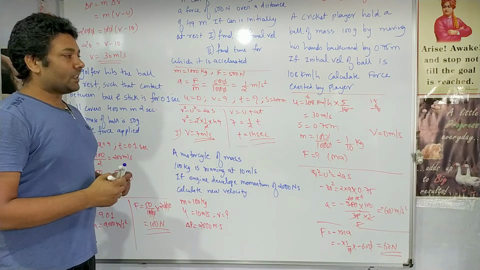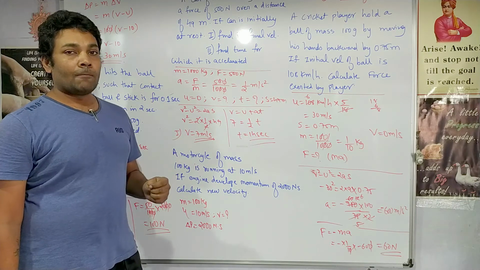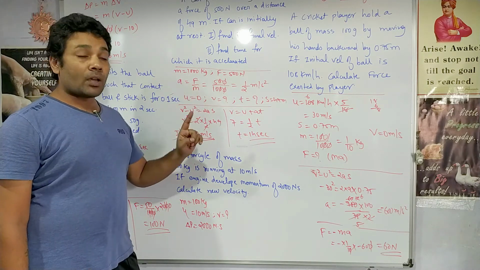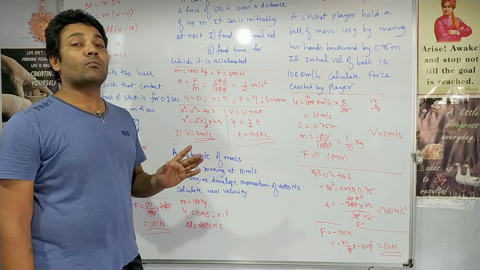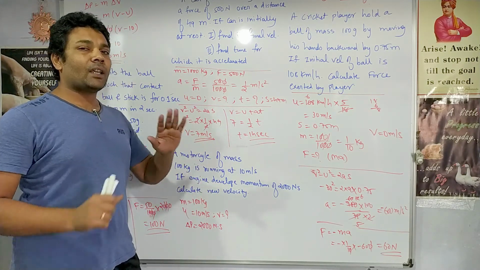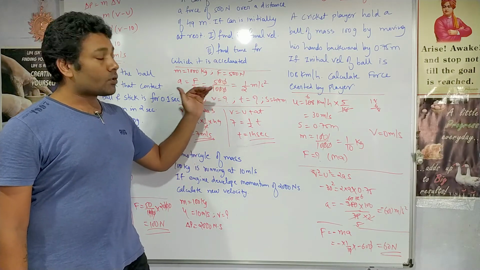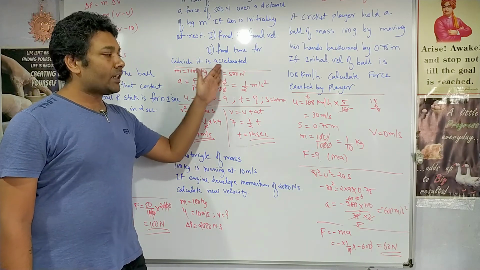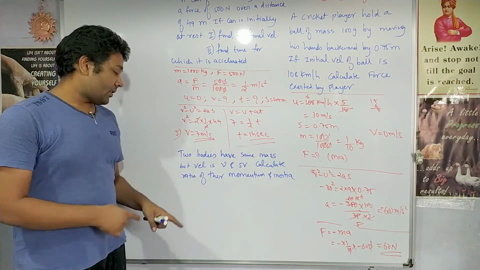See, there is a little bit of complication in this sum as compared to the previous three parts. First we used F is equal to ma, then we used one equation of motion, and in the third step we used another equation of motion. So numericals can be solved very easily. They have multiple steps. You just have to try, think about it, apply the equations, and definitely you will get the answers. So here we have another question.